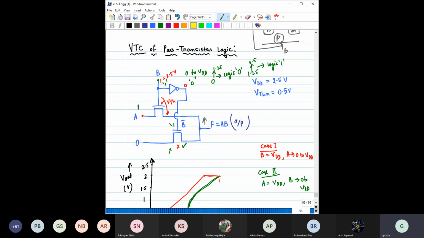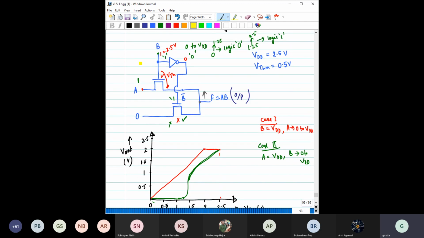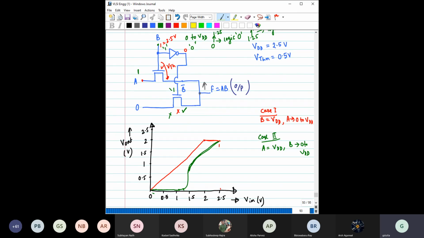Okay, fine. So, as you mentioned, there are a couple of things you have to consider, like why this shape should be like this. Anyway, it is not expected that you will be able to manually calculate the exact shape. This is just to demonstrate that in this scenario, this type of nature you can expect. To get the exact VTC, you can always do a simulation, which will provide you that, because many things will be happening simultaneously. So that case 3 would be,